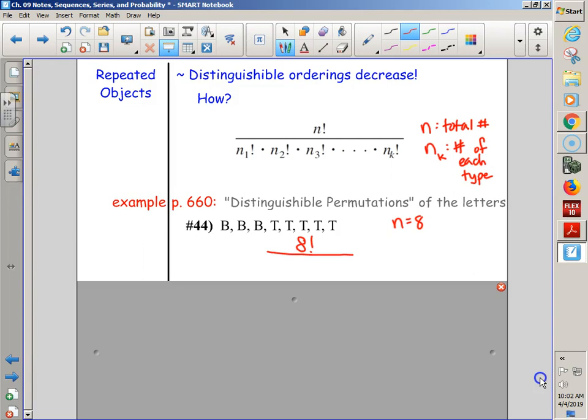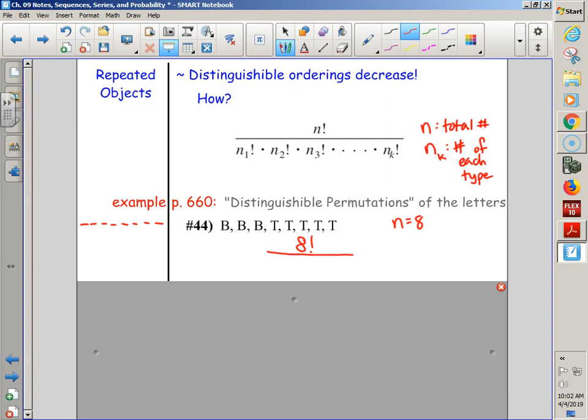If we started with our 8 blanks like we did with our batting orders, see if I can fit it. 1, 2, 3, 4, 5, 6, 7, 8. How many different letters can go here? Technically 8 different letters, but 2 different types. Does that make sense? Now it starts to get a little bit complicated because it's like, well, if I say 2 types, 2 types, 2 types the whole time, that's impossible because I only have 3 B's and I have 5 T's. If I do 8, 7, 6, 5, 4, 3, 2, 1, like, yeah, I can do that many